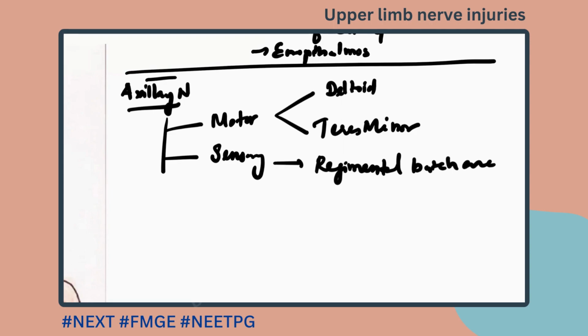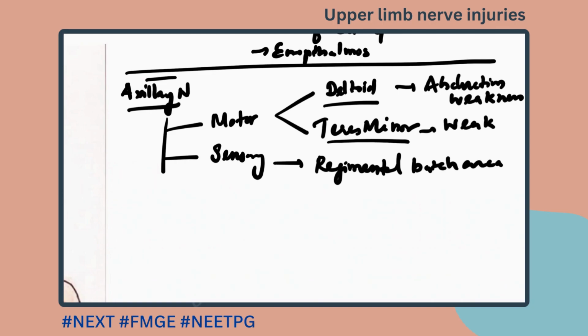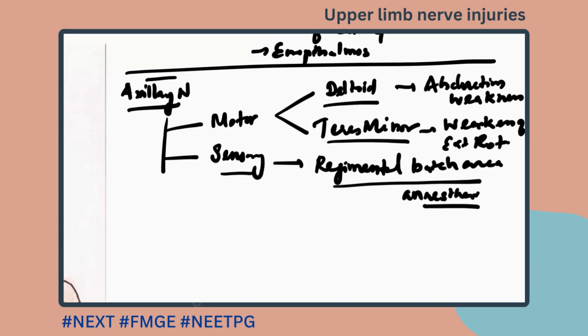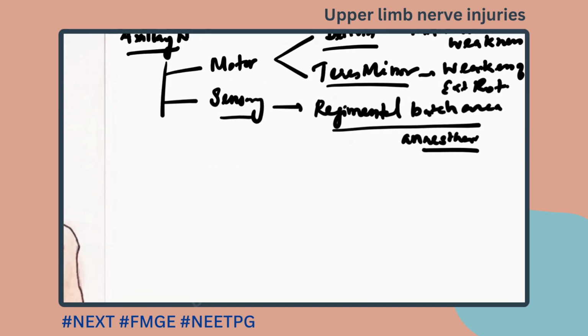So whenever an axillary nerve is injured, the deltoid muscle and teres minor will not work. So the patient will have weakness of abduction. Teres minor cause weakness of external rotation. Sensory loss results in regimental badge area anesthesia. So there will be loss of sensation in the regimental badge area. So axillary nerve injury will present with all these things. Clear? The next nerve which is injured in the shoulder region is